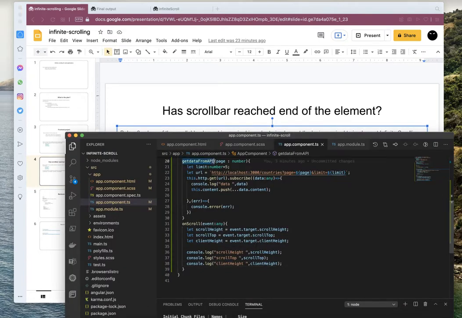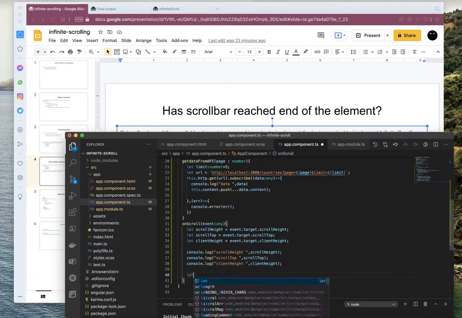So let's invoke this API. Before that, let's type the formula.